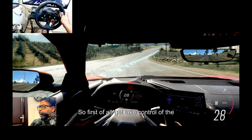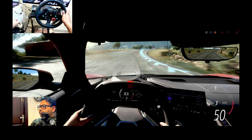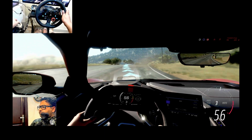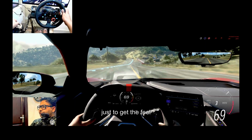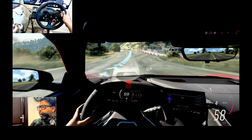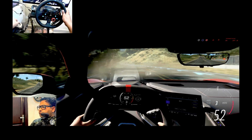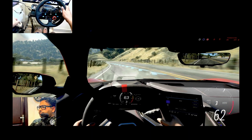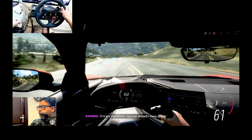So first of all, take control of the vehicle, then you may gear up. You can also use these gear shifters, but just to get the feel, I'm using this one. So whenever there are turns on a supercar,